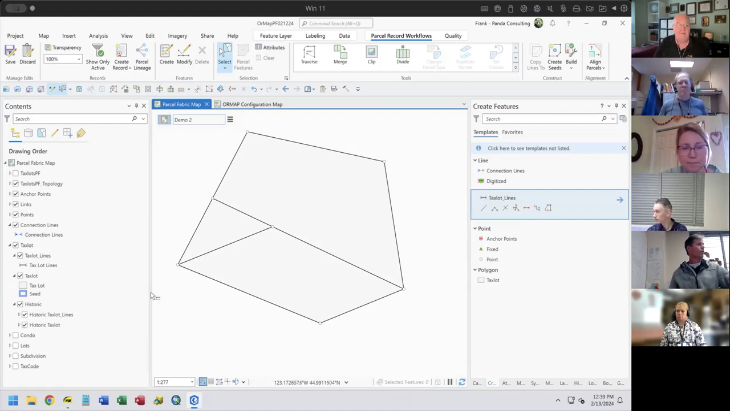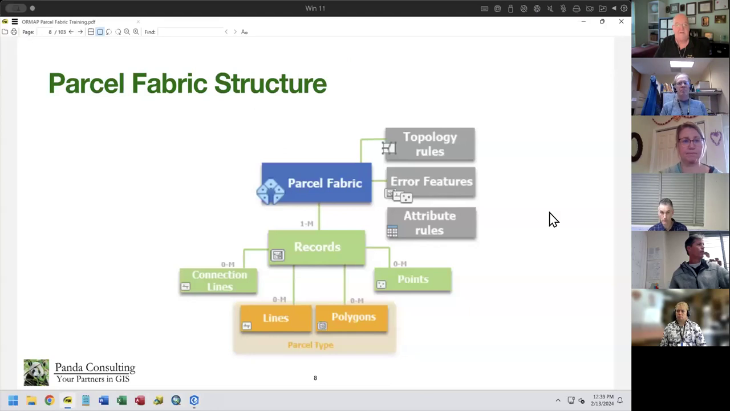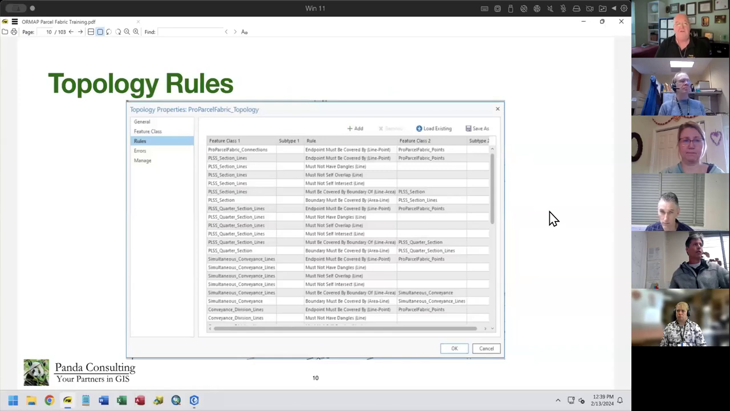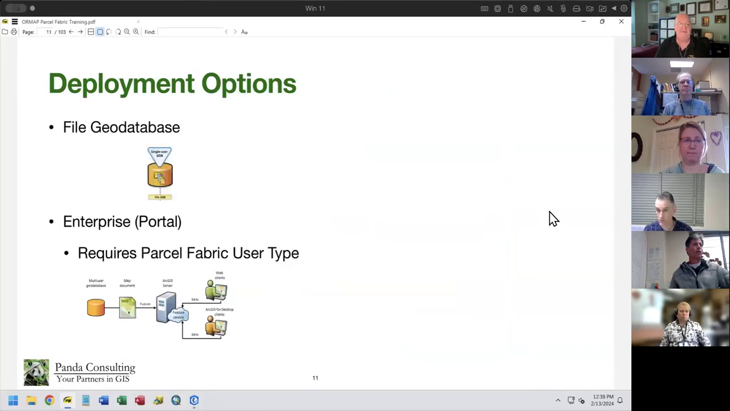Okay. Any questions yet? We've gone a long way into here. We looked at the topology rules in here, how they relate, deployment options. The parcel fabric can be deployed two ways, depending upon whether it's single user or multiple user. Single user, by far the easiest way to implement it. File geodatabase, put it out there, you're good. And then you do some sort of export or ETL